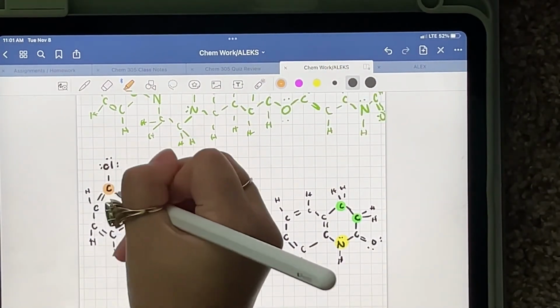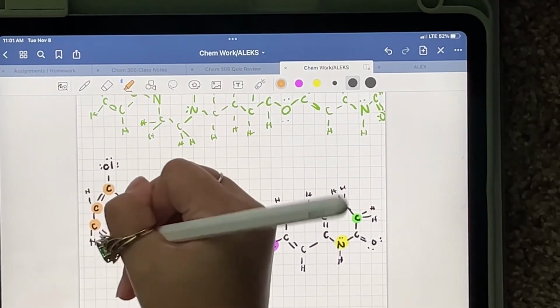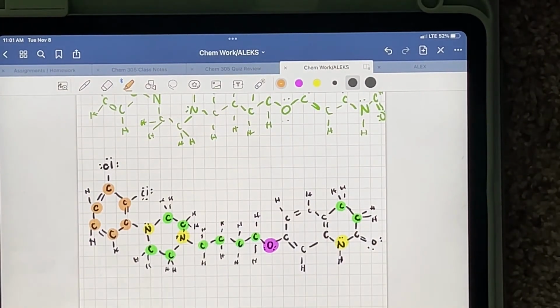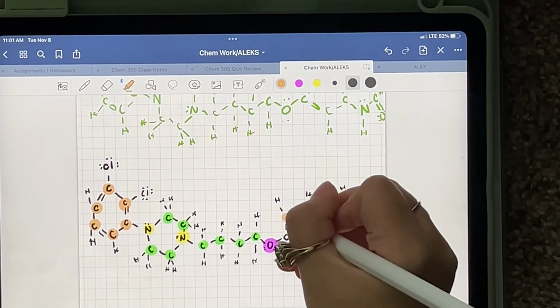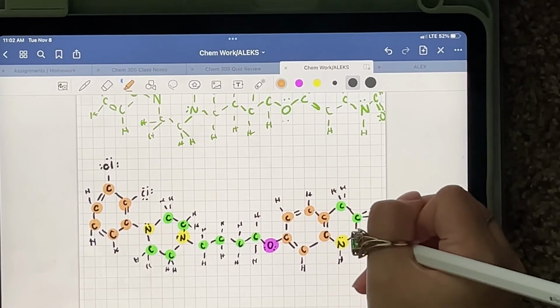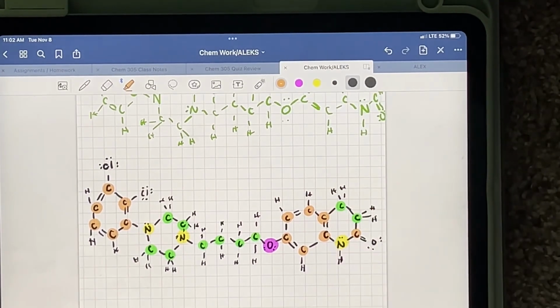So this carbon right here, and then going all the way over here, and yeah, these ones each have 3 connecting bonds, and yeah, so that's the structure for